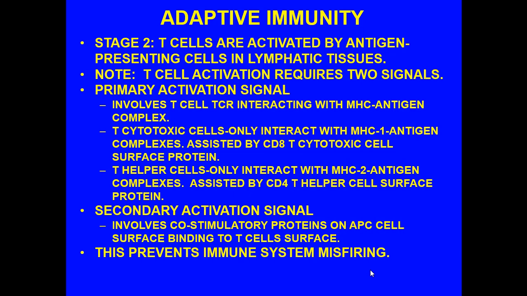The T cytotoxic cells only will interact with MHC1 antigen complexes. They're assisted by CD8, that T cytotoxic cell surface protein. With T helper cells, though, they only interact with MHC2 antigen complexes. They are assisted by the CD4 T helper cell surface protein. Now that we've got this understood between T cytotoxic, T helper cells, and MHC1, MHC2,